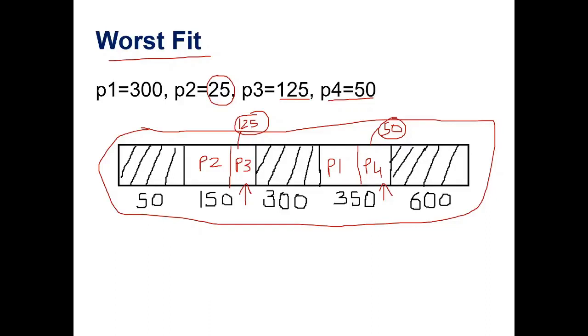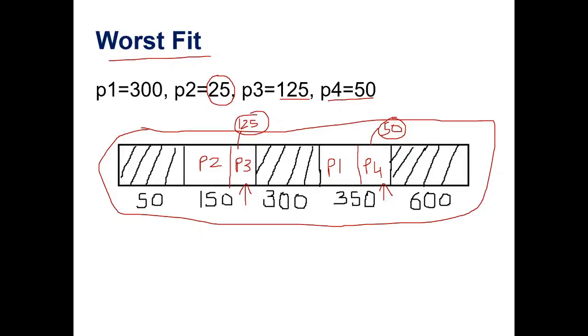So which is the best algorithm among these? It depends on which type of processes come and how much memory is available. You cannot say any one algorithm is the best. Sometimes best fit is the best algorithm, sometimes worst fit is best, sometimes first fit is best. It is based on the process size, how much memory is available, and how many blocks are available. Based on that, it will be decided which is the best.